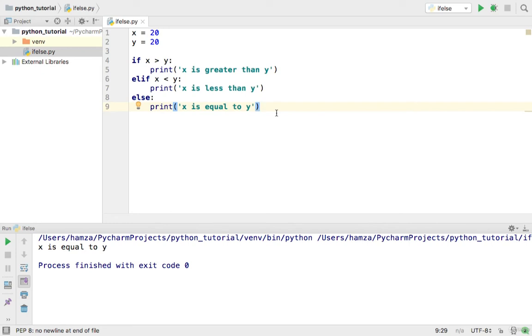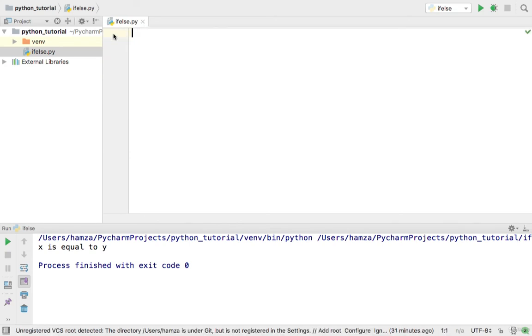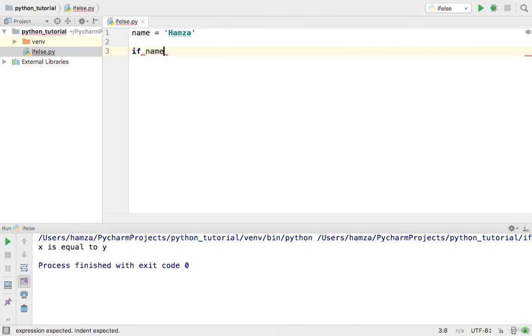We can also apply if and else on strings. So let's quickly write an example of string. I will make a variable name which is equals to Hamza, and I will write a welcome message if my name is equals to Hamza. So I will write if name is double equals to Hamza,